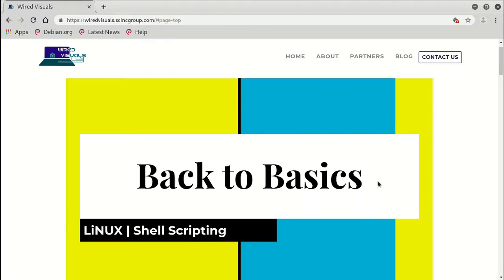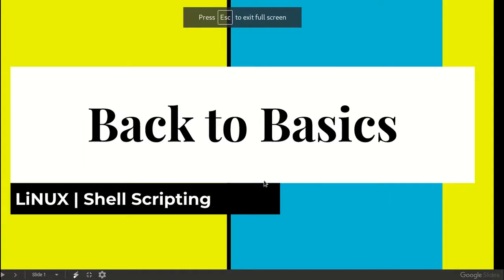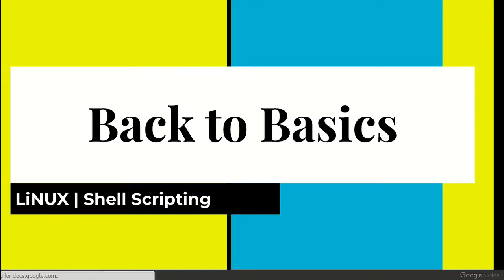So today we are going to talk about back to basics Linux. We're going to talk about what Linux is and what shell scripting is. We feel that this is very important as we're going to move forward on our sessions, because we thought that maybe for some people they might not be that familiar with Linux, so we'll just cover some of the most basic things that we feel will be really necessary as we move forward.